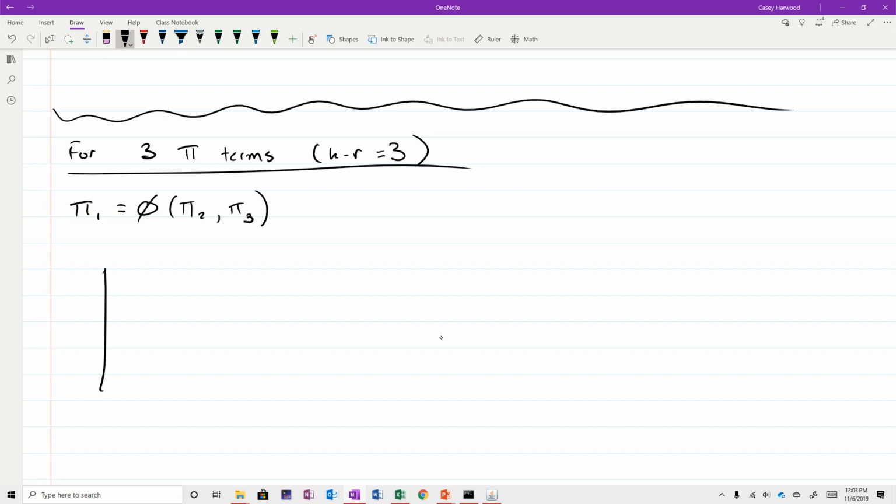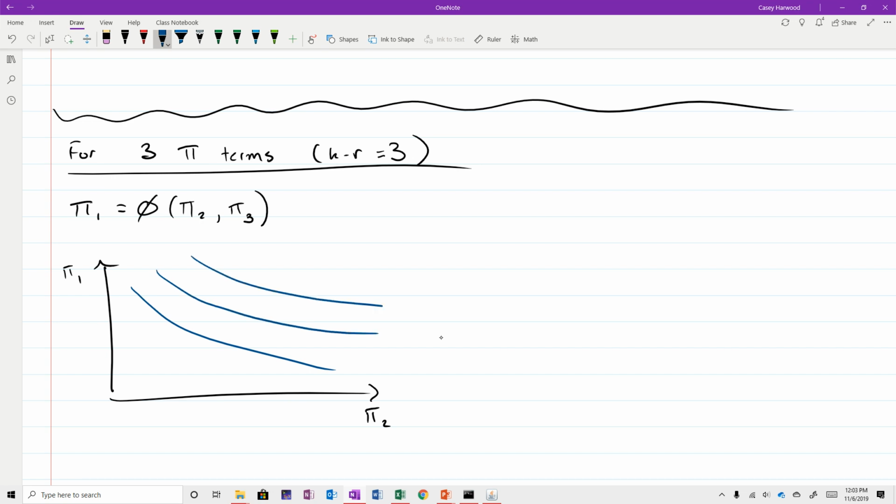Or if we want to show it on a 2D plot, we could have pi 2, pi 1. We'll basically have pi 3 equals C1, pi 3 equals C2, pi 3 equals C3. Basically a set of curves for different values of pi 3, which would be like slices taken through a three-dimensional surface. This is where things start to get a little bit tougher. So, for example,